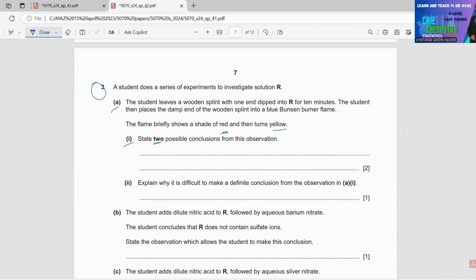So you can write may contain Li+ and Ca2+. 2. Explain why it is difficult to make a definite conclusion from observation in A2. Because these are different ions, they give similar colors. In case of Li, you are having red, in Ca, you are having orange red. So you write